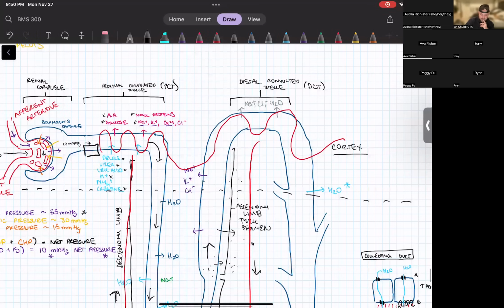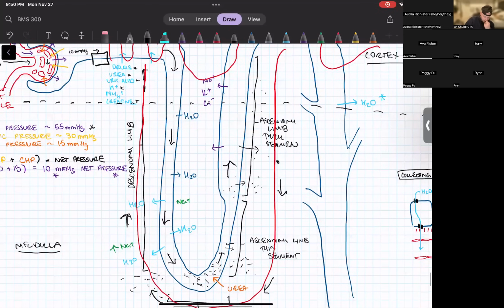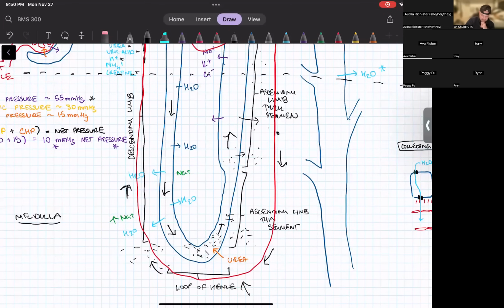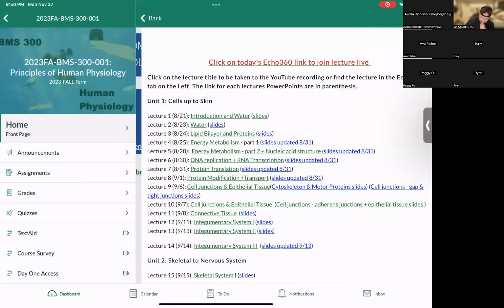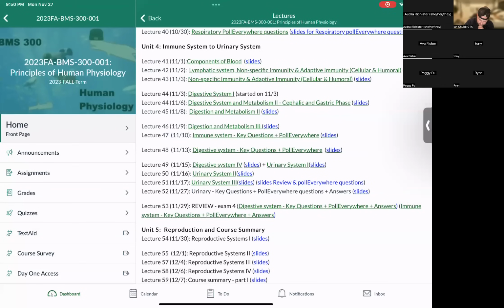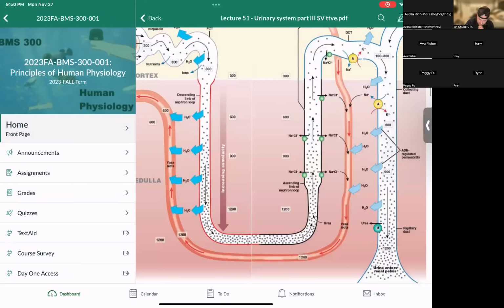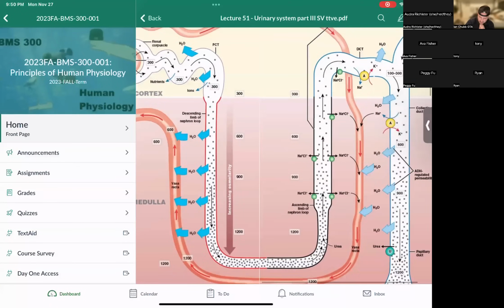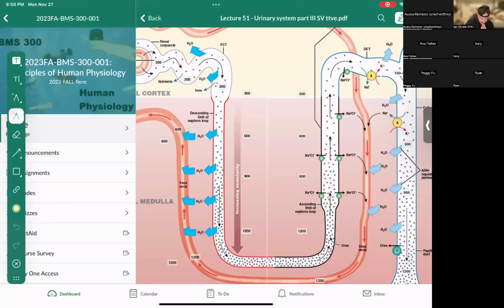Okay, so let's talk about the medullary gradient because that's important. And you know what? I'm going to go to a specific slide because I actually love the picture of it. And to me, it makes so much more sense. This slide. Okay, so if we're looking at just everything on here,